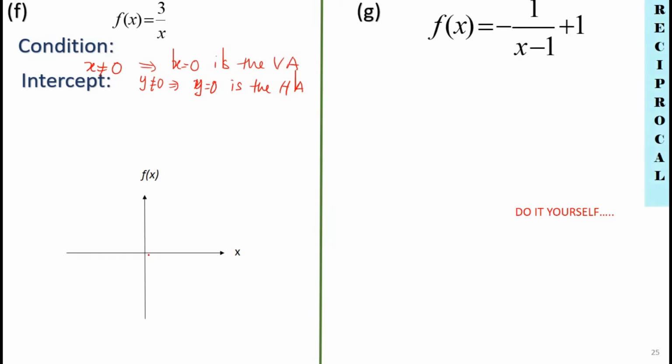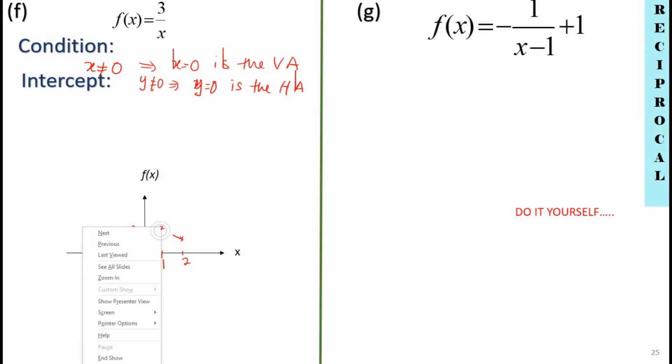So how do we sketch the graph then? You just substitute in any value. Let's say you take x is equal to 1. If x is equal to 1, then f(1) will be 3. So you plot the point. When x is equal to 2, you get 3 over 2, which is 1.5. So here. If you continue substituting x by any value, then we'll get this